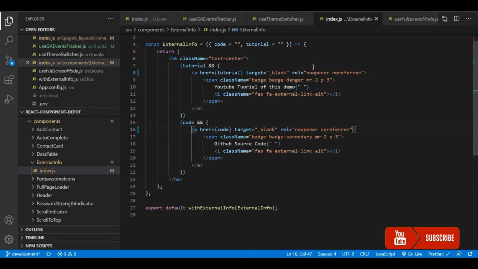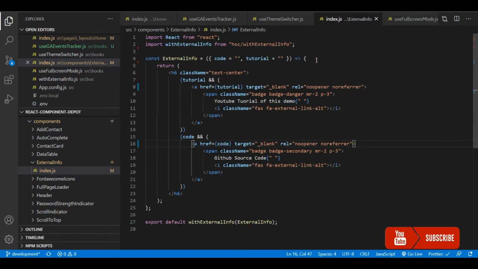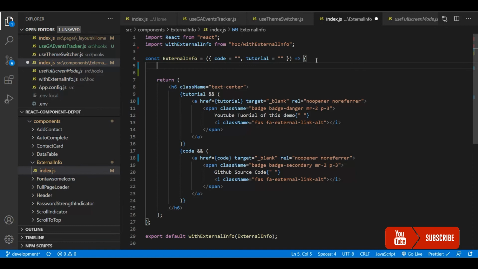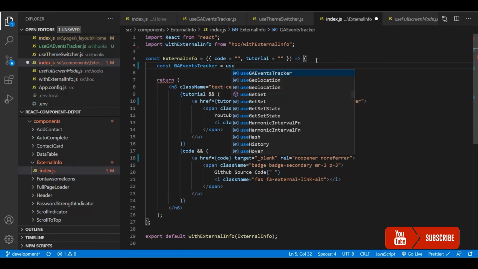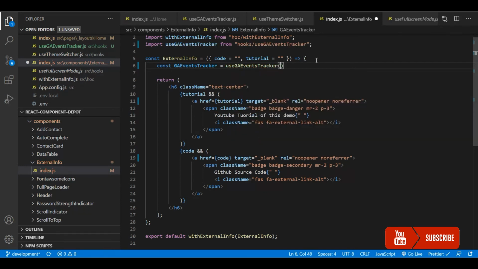So I'm going to that external info component where we have these two links. I'm just going to import the hook here. So whenever a user clicks on the links, I will trigger the callback from the hook. And I'm going to have my default category as external links.